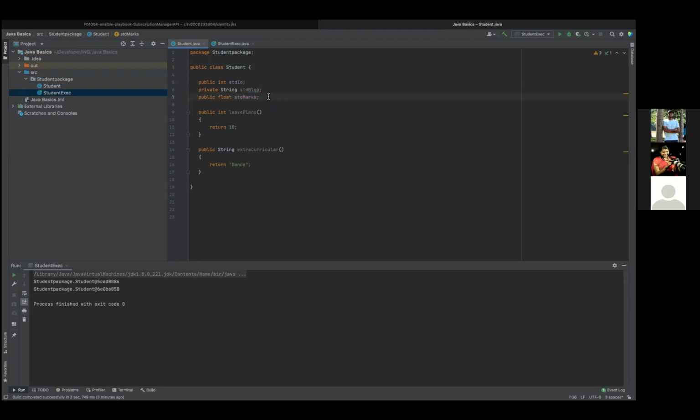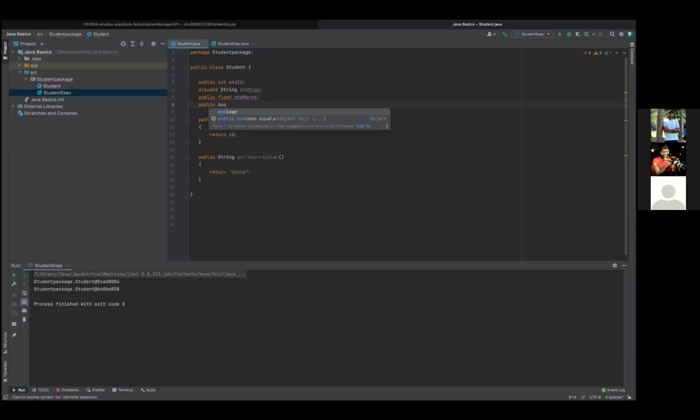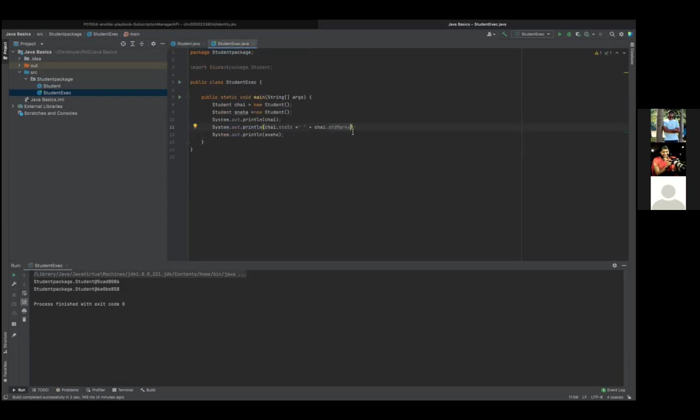Public boolean, space give as flag. Just a flag thing. Yeah. Now try to access these values also in your student execution, like this particular flag also. Just separate it with the same format. Dot.